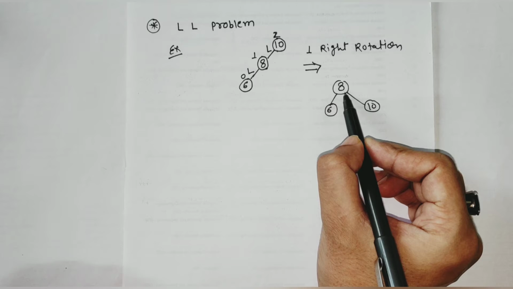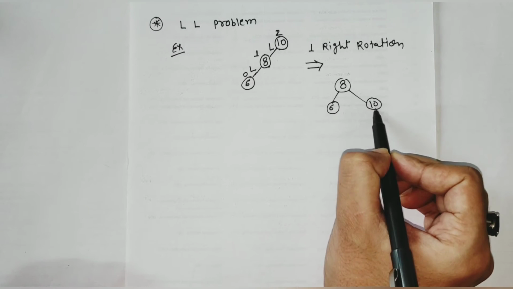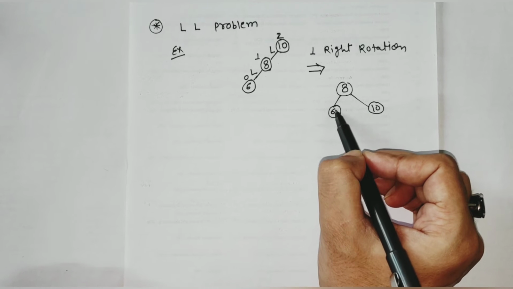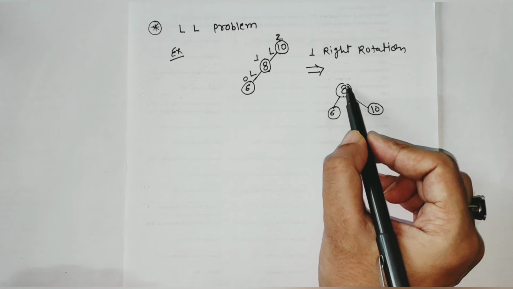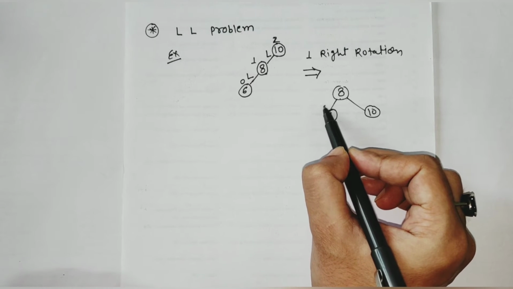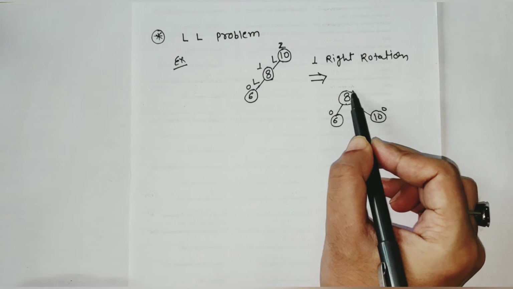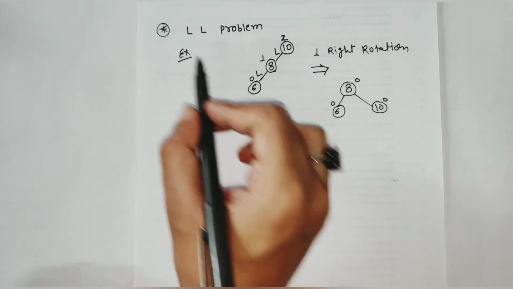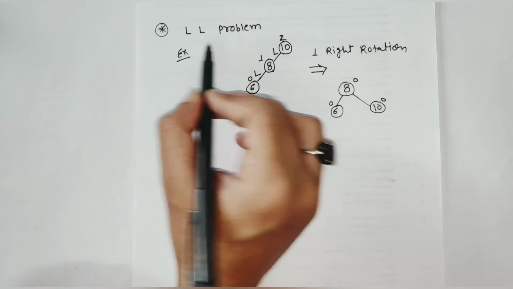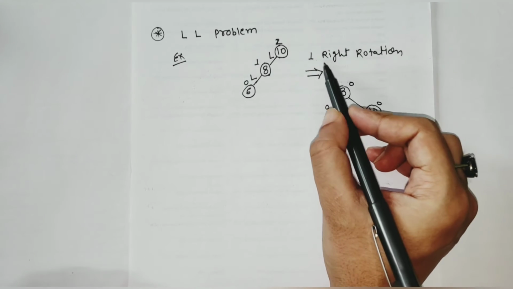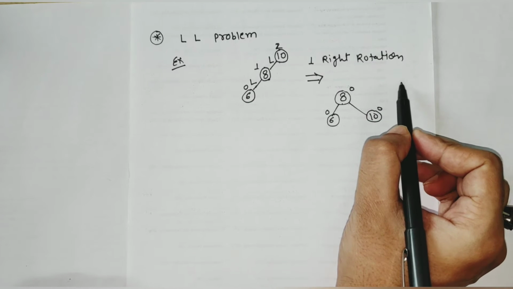So it is a binary search tree, because 8 is the root and 10, which is greater, is on the right hand side, and 6 is on the left hand side and 6 is smaller than 8. Now we will check the balance factor. So the balance factor is 0, 0 and 0. So now this is an AVL tree, and we have seen what the LL problem is and how we can solve the LL problem. The LL problem we can solve by making one right rotation.